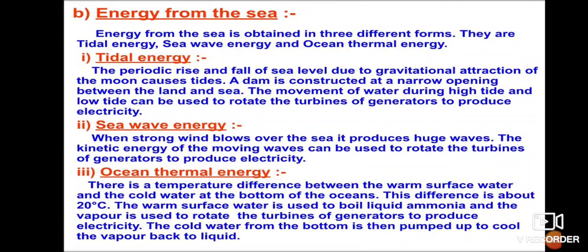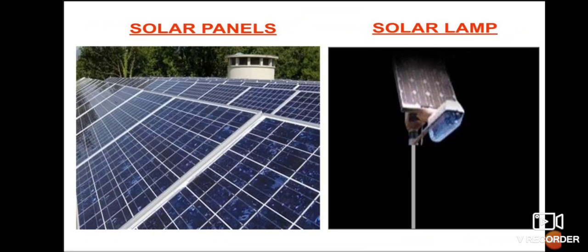Therefore, energy from the sea. You already know that solar energy is also one of the important sources. So, the solar cooker, you already know that. The solar panel has solar cells. The solar cells convert sunlight, or light signals, into electrical energy. Therefore, they are considered in